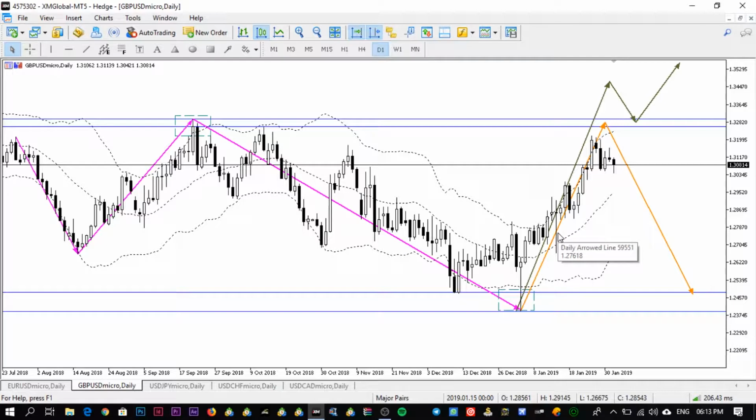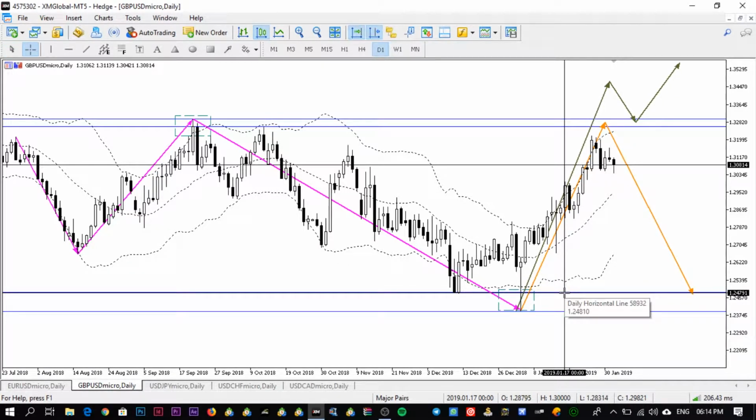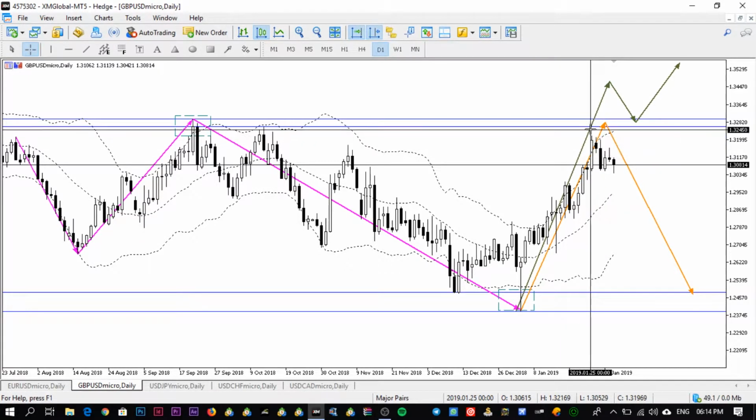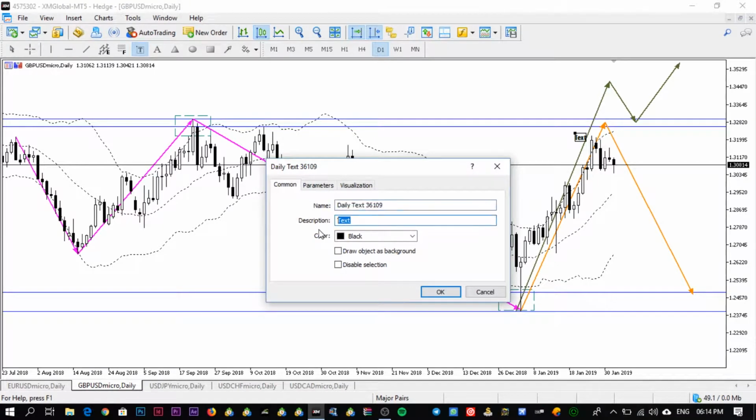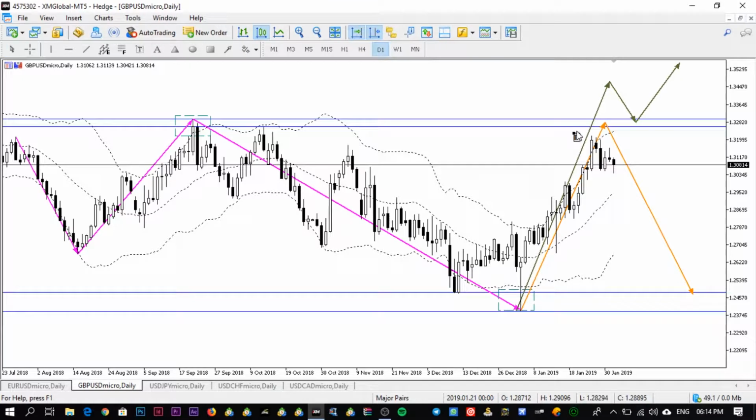So my bias for this week of the pound against the United States dollar is that I'm still looking for an opportunity towards the upside as price has bounced off my support level of 1.2479, and it's making its way up to 1.32579, and that's where I can anticipate another take profit